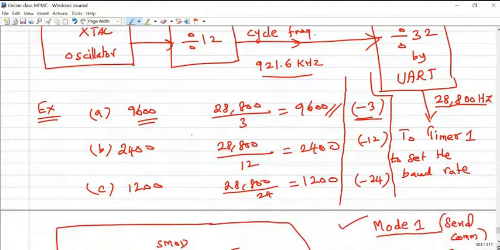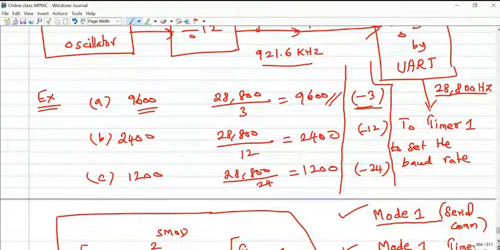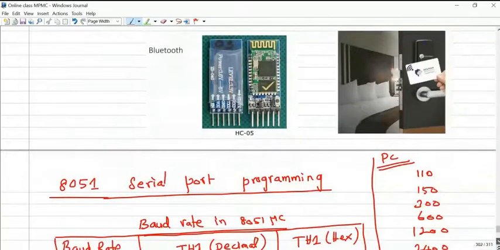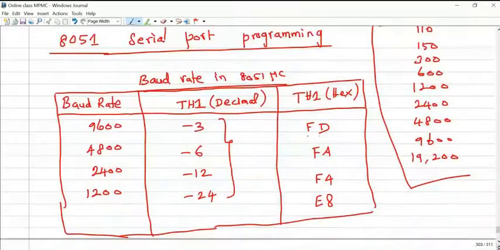If you divide this 28,800 by 3, you get 9600. It is a frequency divider actually. So we have to load -3, or -12 or -24 for the corresponding baud rate. What do we mean by -3? The hexadecimal equivalent of -3 is FD. FD is to be loaded in the TH1 register.